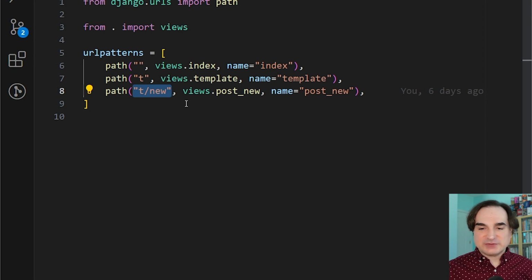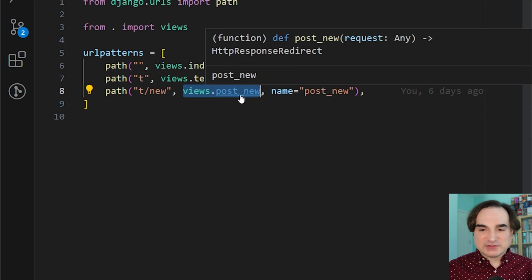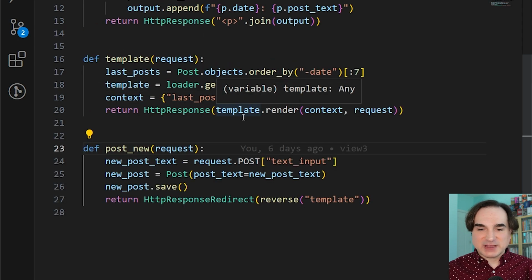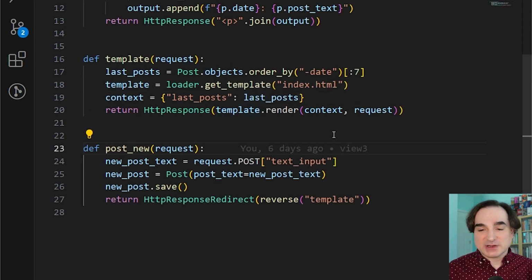If we ever have to change the actual URL where this form gets submitted to, we don't have to touch the templates. We just have to change one reference to it universally through our app. You'll notice also I've added a route with that name pointing to this function views.postNew. That is the function that handles the form submissions for this page. It is in general a good idea to have things like form submissions handled in their own functions so the logic for them doesn't get mixed up with other things.